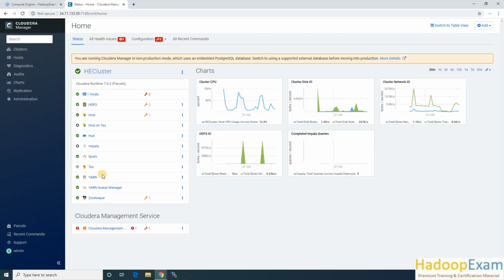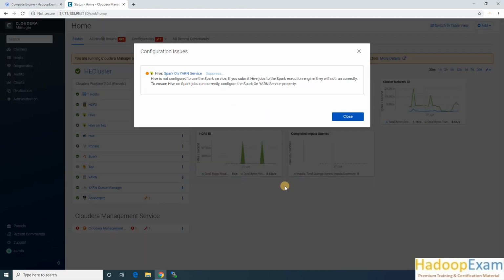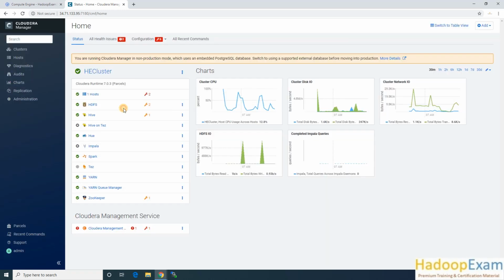So YARN, ZooKeeper we need, Spark we need, Hue we need, most likely Hive on Tez we don't need. We can even stop Hive if you don't need it. Okay, close here, Hive